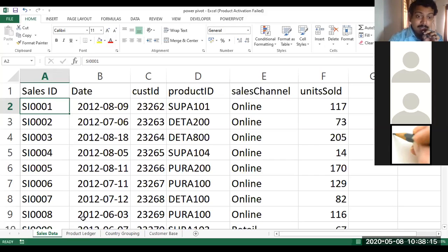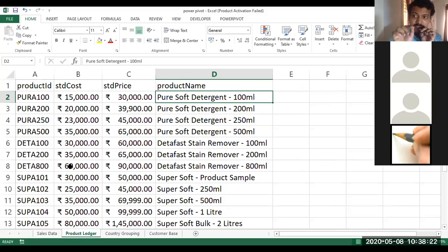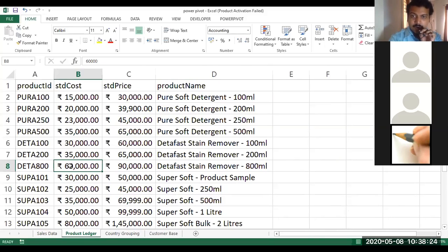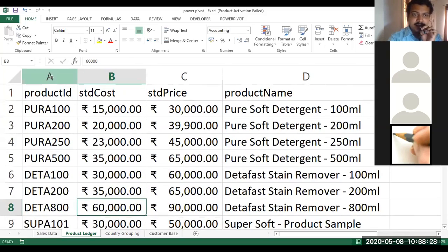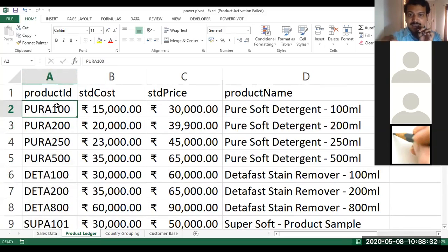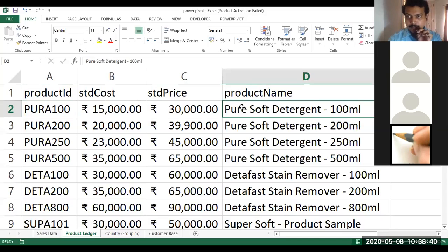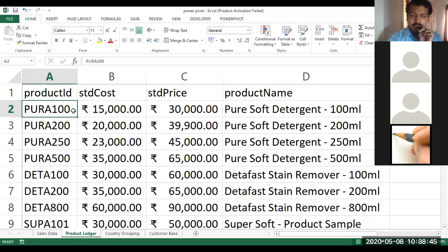Now what they do is they normalize, they simplify the table, based on this primary key. Now in this product table, which is the primary key? We have the product ID as the primary key. Now this product ID can uniquely identify the attributes of this particular product. What is the cost of this product? Available here. What is the selling price of the product? Available here. What is the name of the product? Available here.